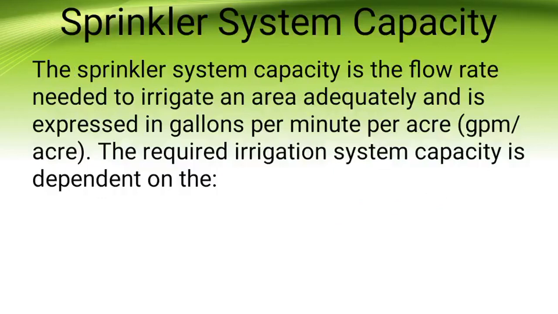Sprinkler system capacity. The sprinkler system capacity is the flow rate needed to irrigate an area adequately and is expressed in gallons per minute per acre. The required irrigation system capacity is dependent on the